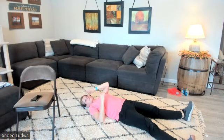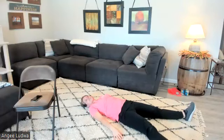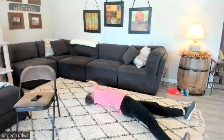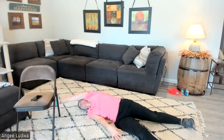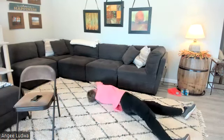We're moving on to our rock and reach. We're going to do 20 of these, rock and reach. So starting with one arm, go ahead and reach up over the opposite shoulder above your head, and then bring it down, that's 1. Other hand reaches up over the other shoulder above your head, 2. So keep going, 3,